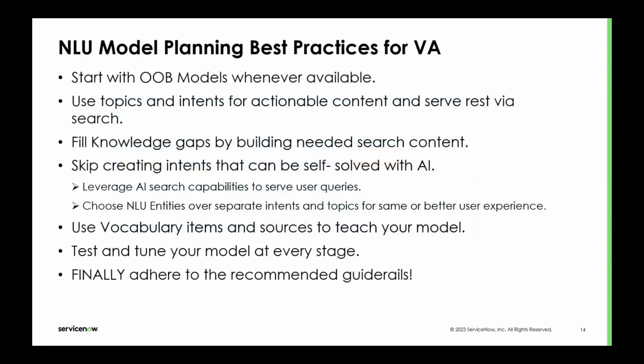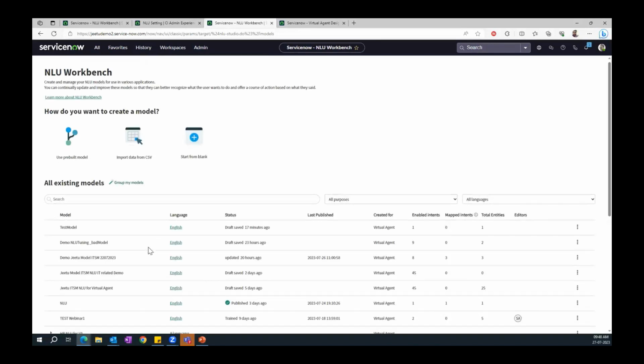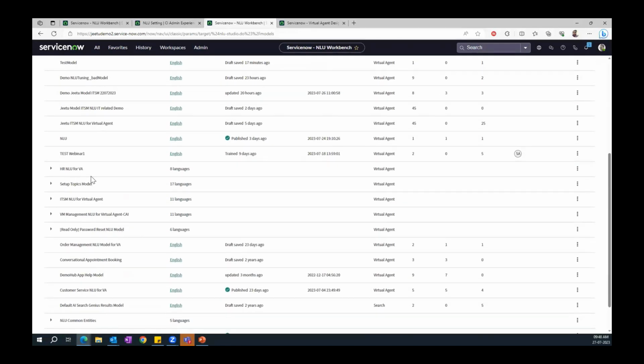I would like to touch base on a couple of best practices. I'm not going to read everything, but definitely we do have a couple of out-of-the-box models available, which come with your instance. Instead of creating new models, you can always try to use those models that we already have. I'm not sure if you noticed, but if I go to home, these are the out-of-the-box models you will get along with your instance, right?